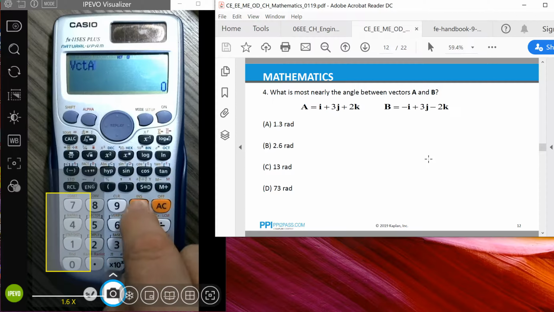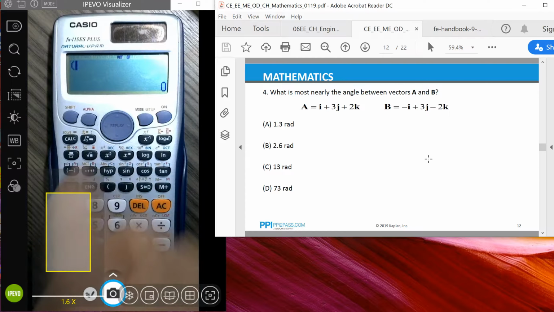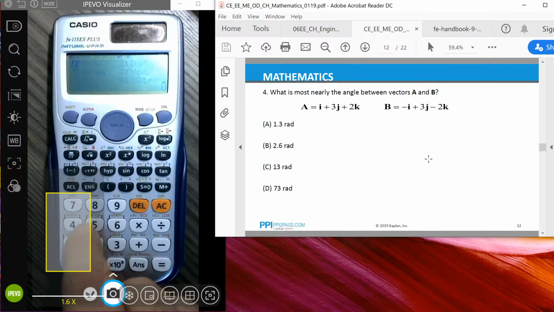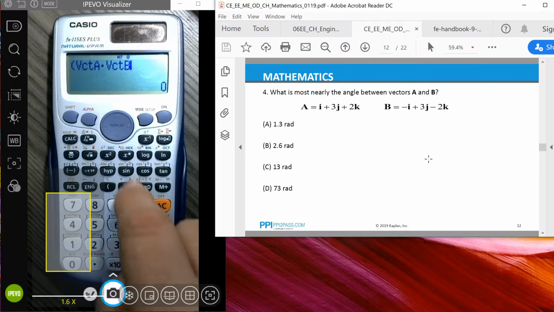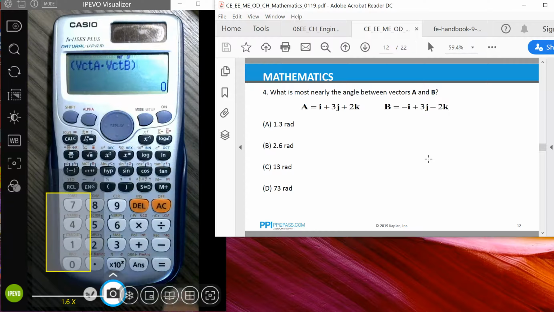Actually, I'm just going to do it all at once. Here's how I'm going to do it. Parenthesis, Shift, Vector, A, and then Shift, Vector, dot, and then Shift, Vector, B, okay, and then I'm going to